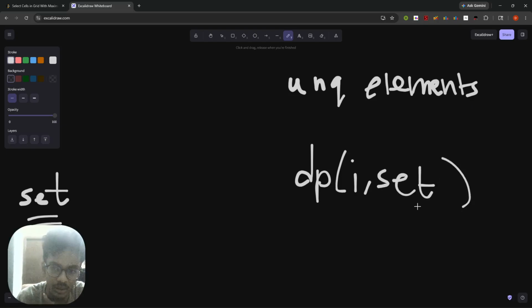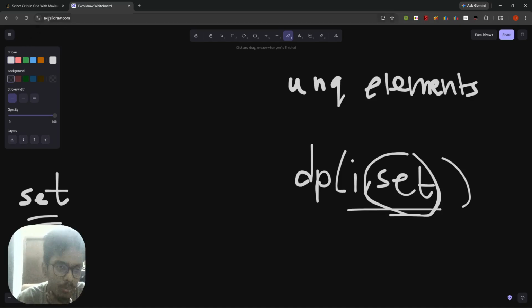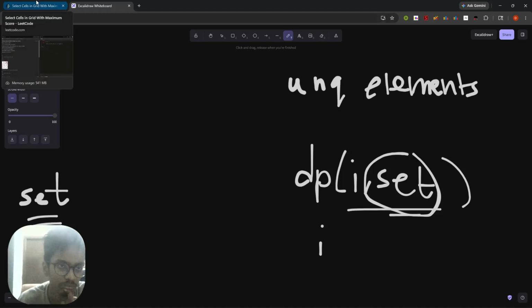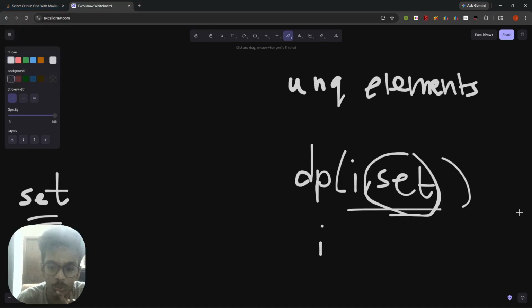You cannot maintain a set inside dp as a state, right? Maybe you can maintain some other small, mostly integers, but it's not that great to maintain a set, isn't it? The insertions would become complex, and also it would take unnecessary memory,